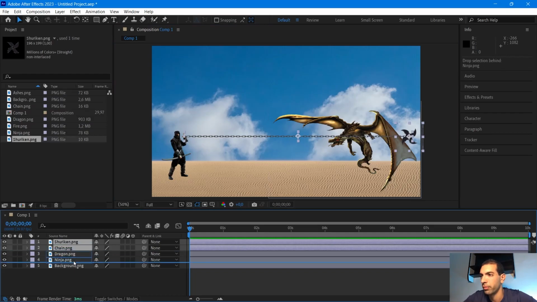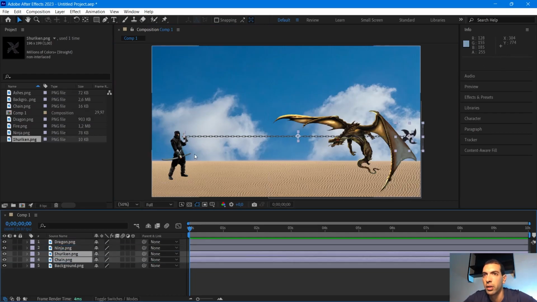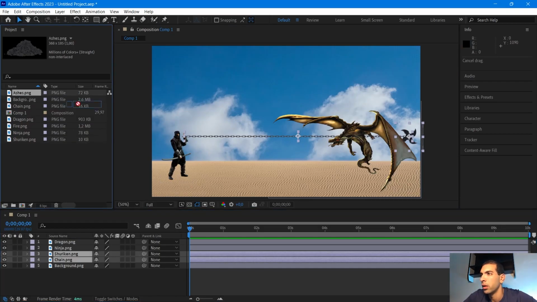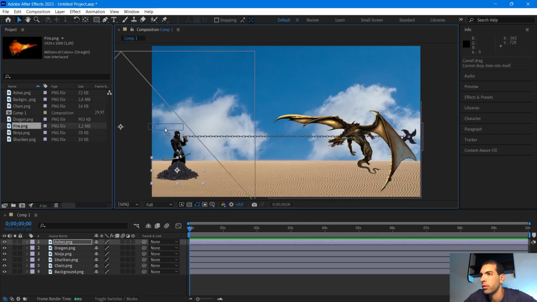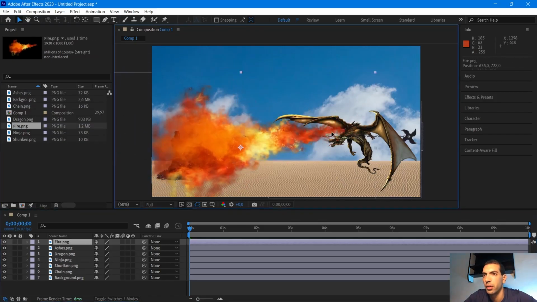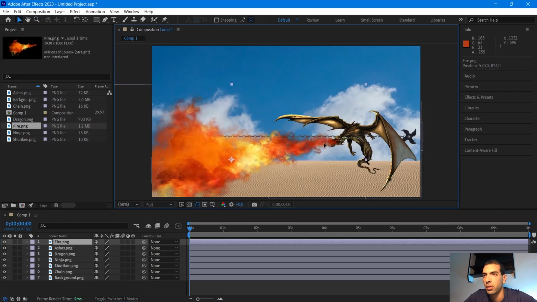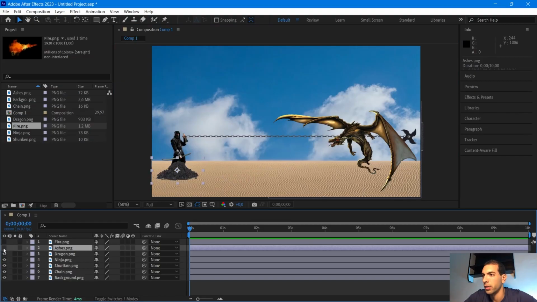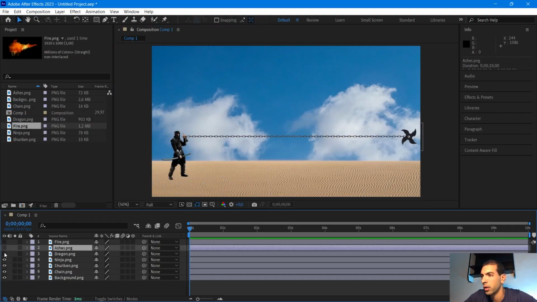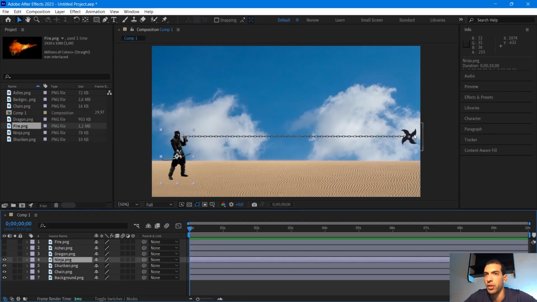I'm gonna put them below the ninja like this, and I'm gonna bring the ashes and place them right here. The fire right here. Now I'm gonna hide most of these elements, and I'm gonna start by animating the ninja and the